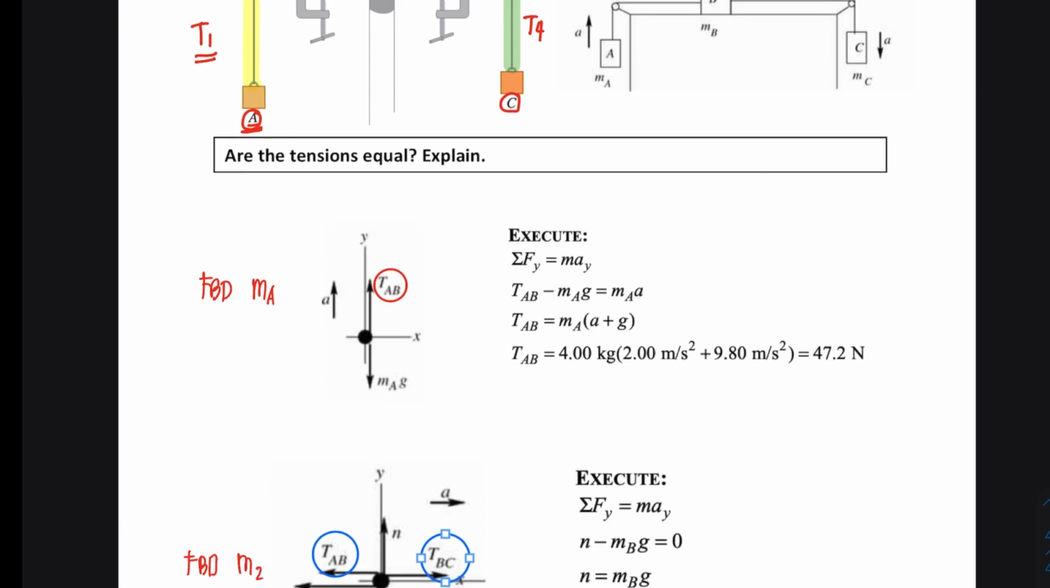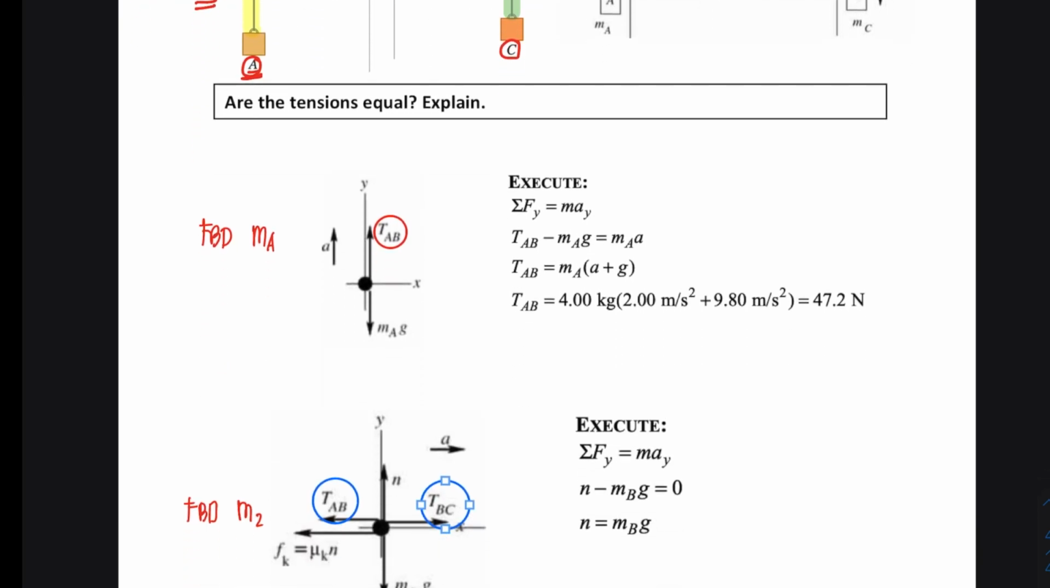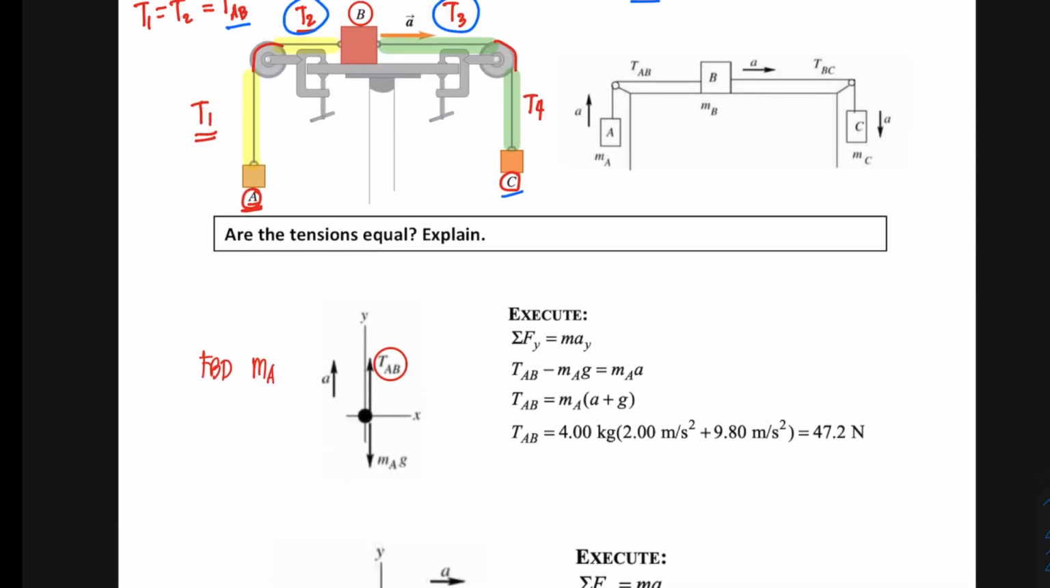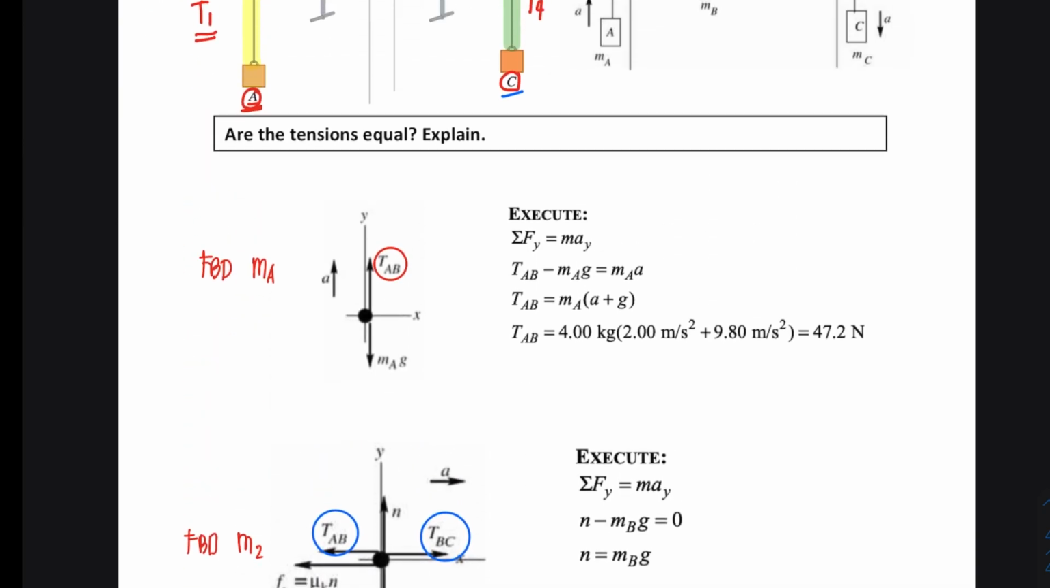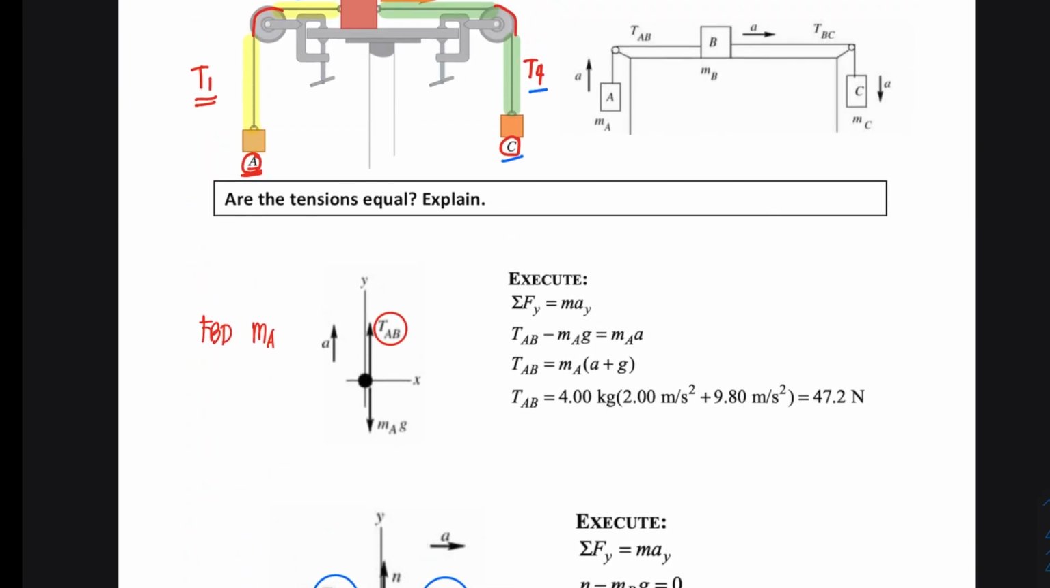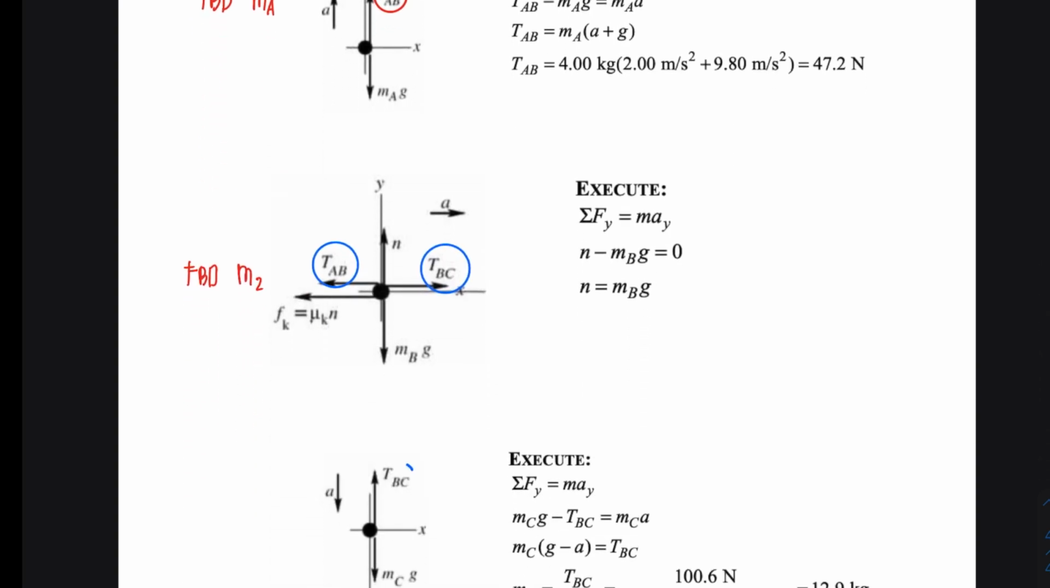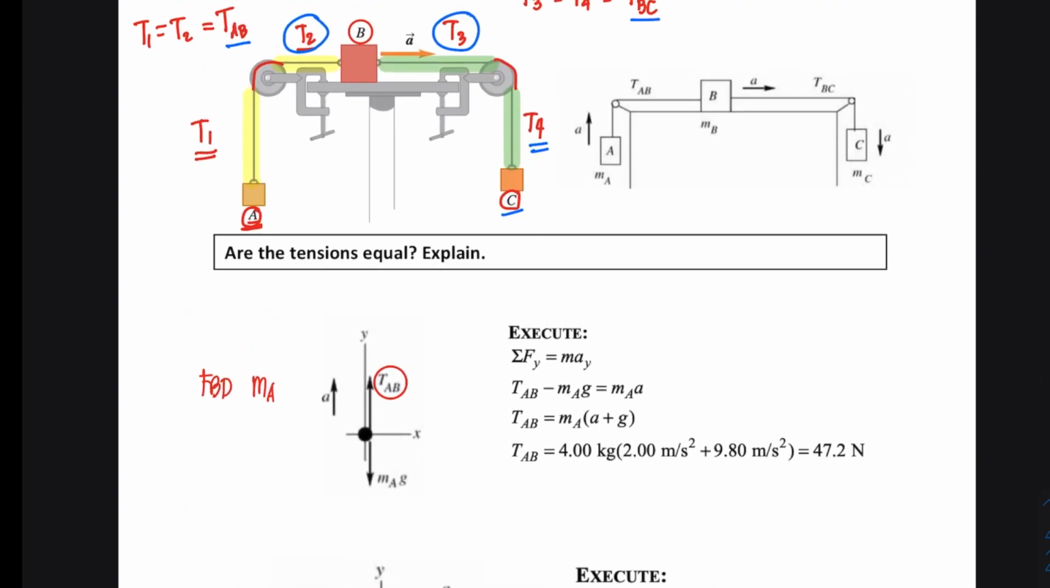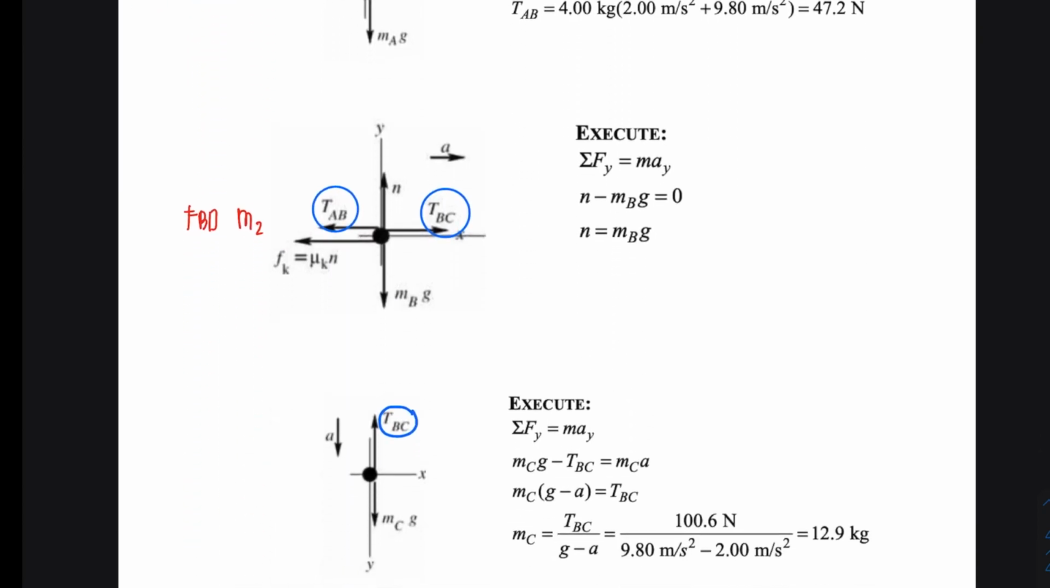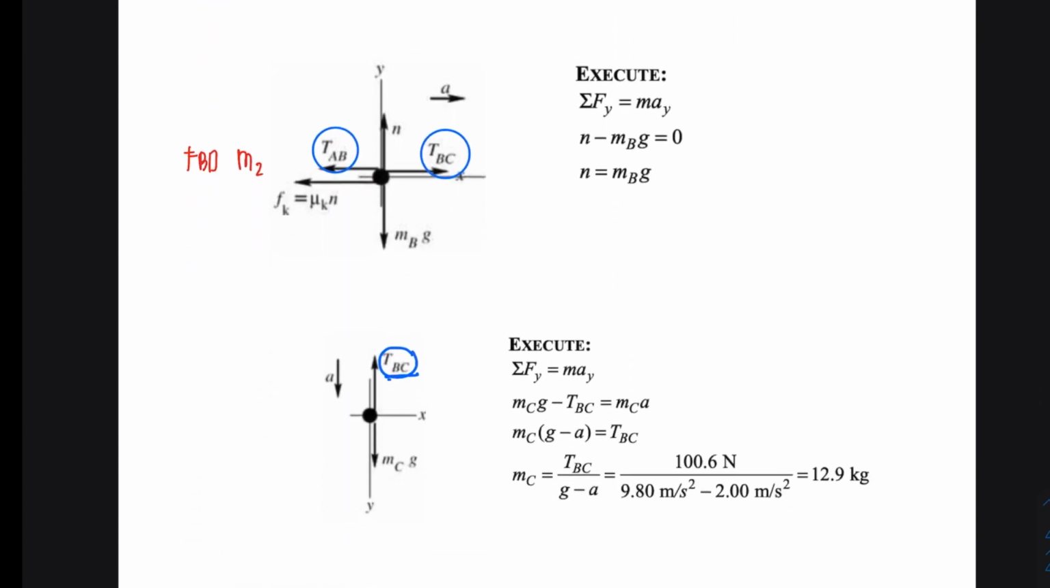Okay, now if we try to look into mass C, and that is this one over here, it's very clear that the force you should be seeing is T sub 4 directed upward, right? But then upon the realization that T sub 4 is just equal to T sub 3, you should just call that T sub BC. This is why in your summation of forces, you should write that as your T sub BC. Okay? I mean in your free body